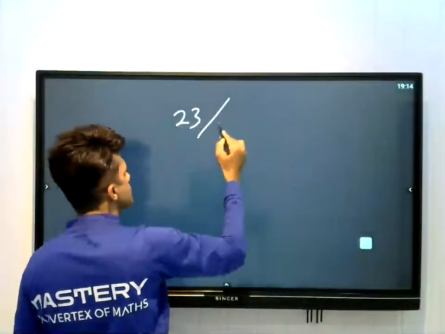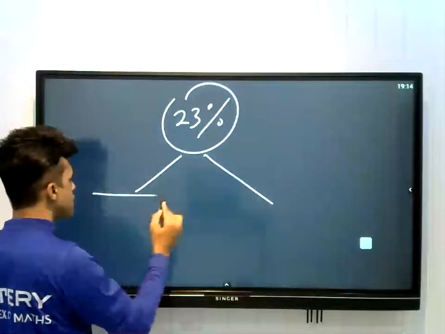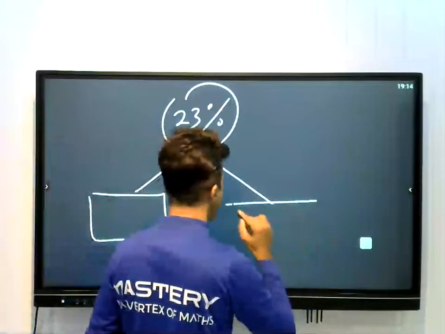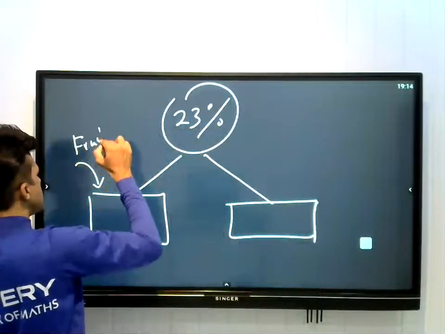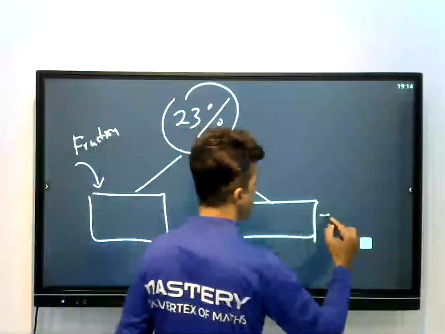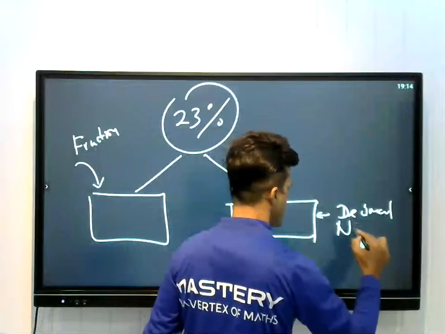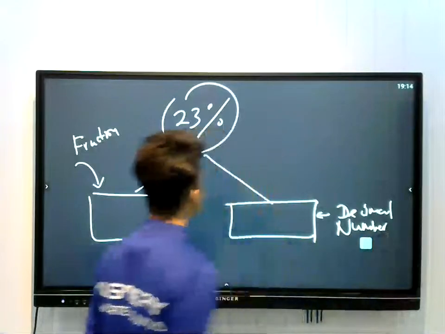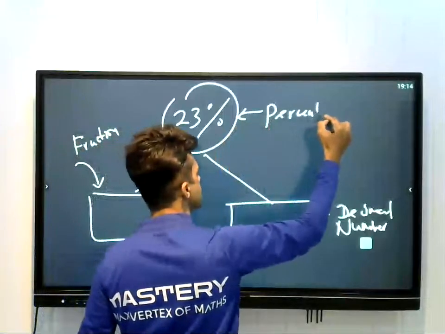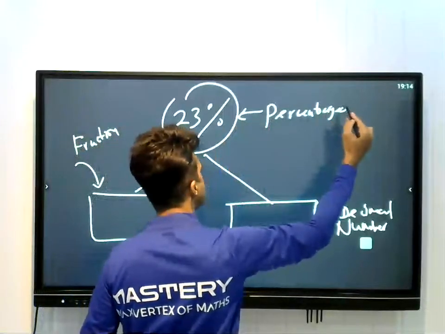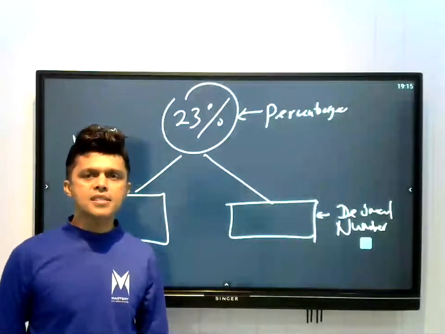23%. This is the percentage. You need to write the fraction here and the decimal number. The given percentage is 23%. What is the fraction here? Yes, 23% means,